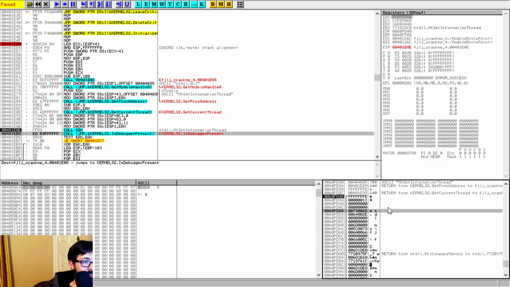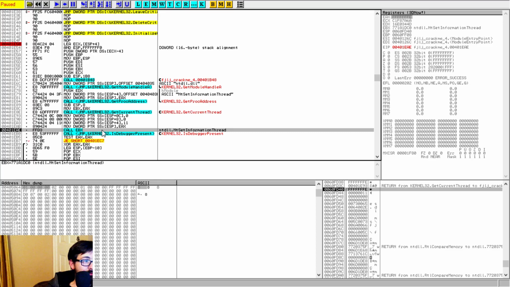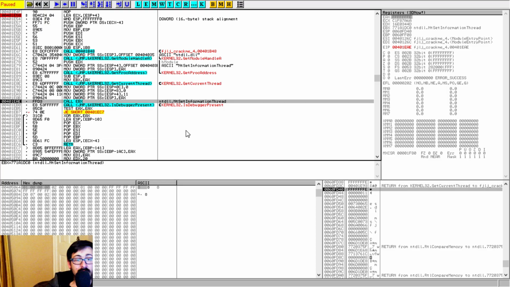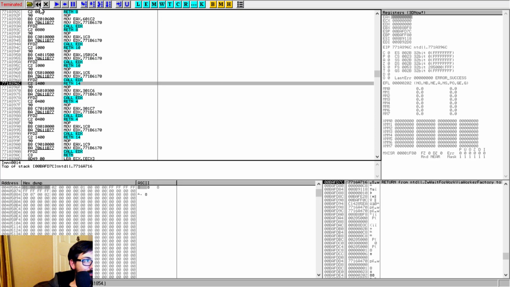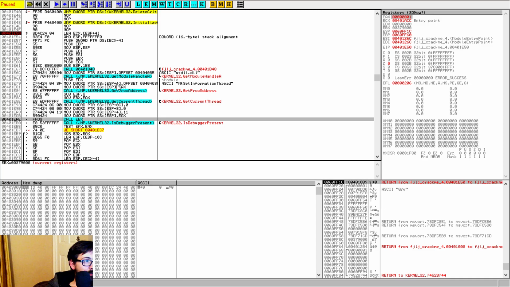Now it doesn't detect this as a function because it has no way to reference it, because we're calling it directly from the register. So when we attempt to run this, most likely it's going to throw a massive fit. So I'm going to hit F8, and we see that the whole thing crashes. So we know that we could hit debug, but that wouldn't give us the results we're looking for right now. So we're going to restart, run, come down to here where this is happening, and instead of doing any of that,